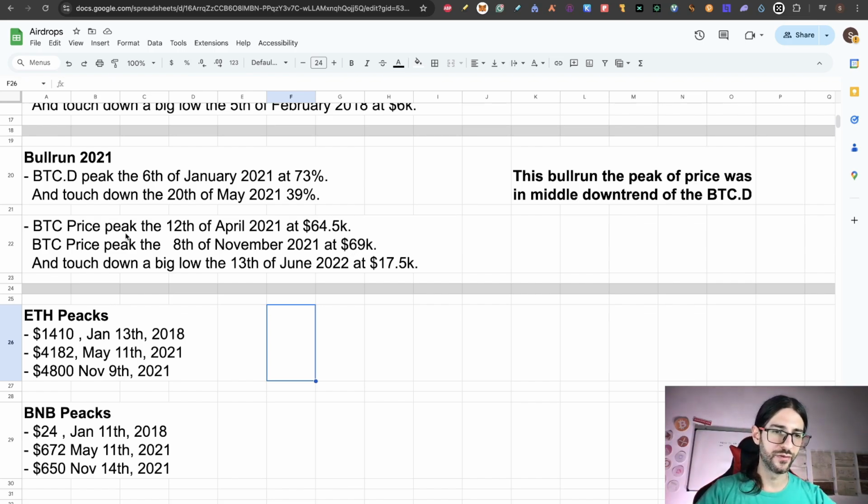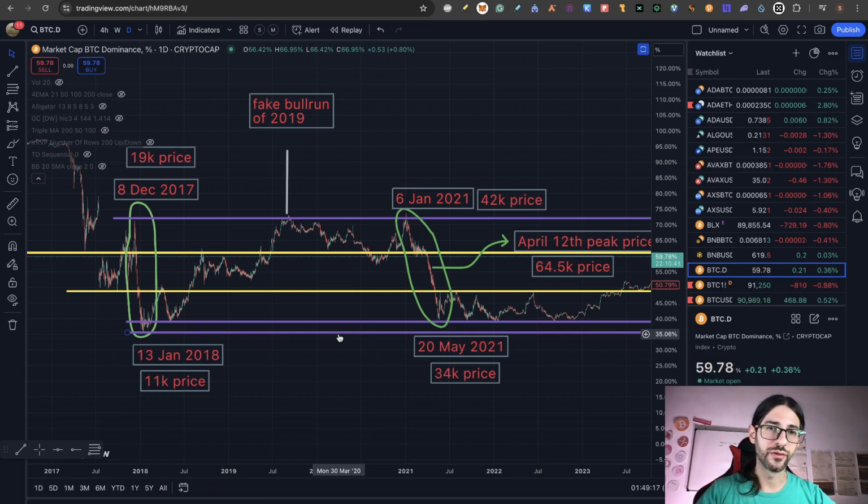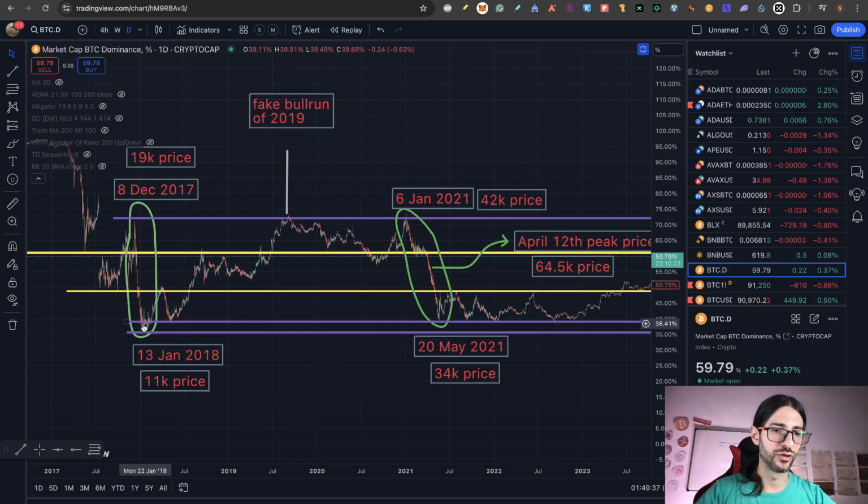So I will leave this information with 100% certainty that in the two bull runs, altcoins reached the peak 1 month after Bitcoin. And that is why all the analysts say that when the Bitcoin dominance goes down, that means the altcoin season started. Because here, when Bitcoin in December topped out, that was the top of the price of Bitcoin too. So 1 month after, the Bitcoin dominance was around 40%. And that was the moment that altcoins peaked.